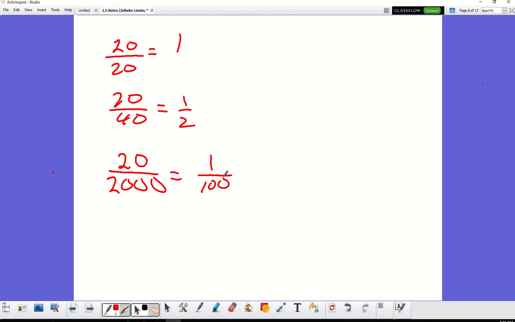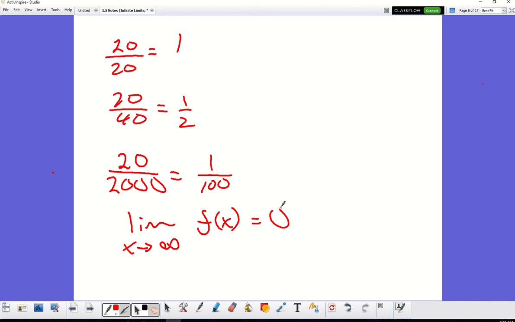Will it ever get to 0? No. And so we're talking about a limit as it is approaching 0 now. So as this goes to infinity, the limit of this going to infinity would be approaching 0. So the limit as x approaches infinity of my function will give me 0. Because the denominator keeps getting bigger and bigger, that means I keep getting smaller and smaller pieces, right? I'm dividing it smaller and smaller.